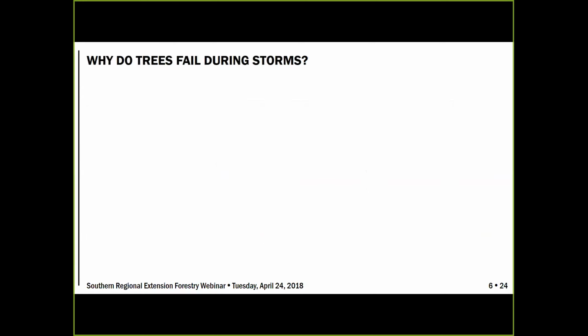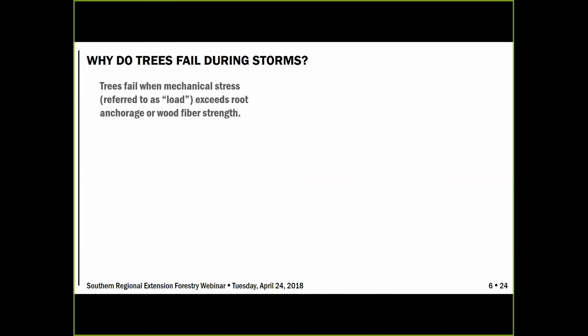So why do trees fail during storms? There's a number of different reasons, and I'm going to get into some technical terms and concepts here that hopefully will clarify tree failure without overwhelming your comprehension, but I think that this will be helpful as we continue to talk about species selection and maintenance pruning. First of all,